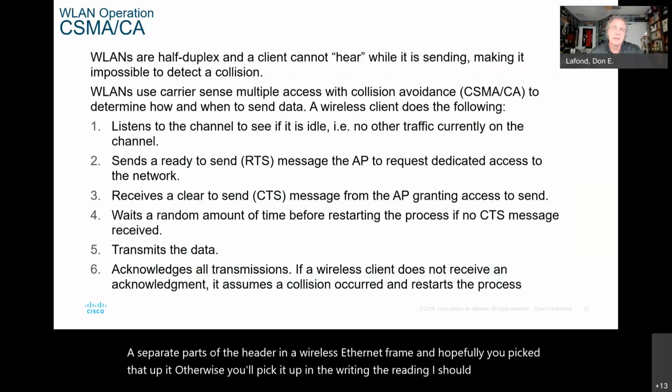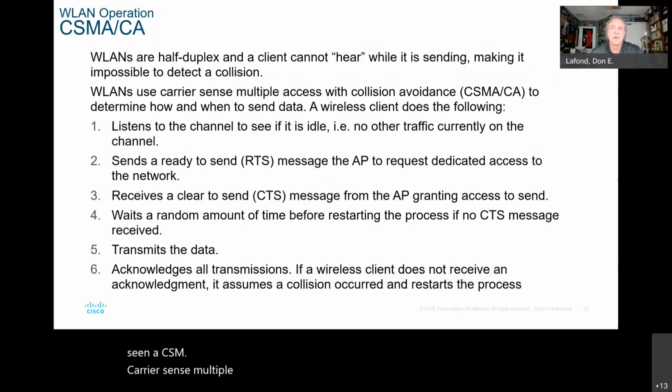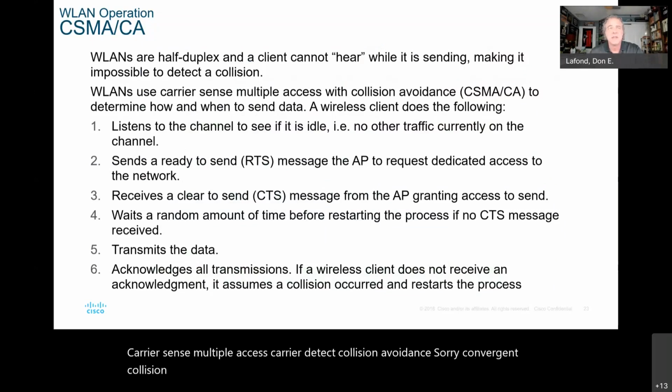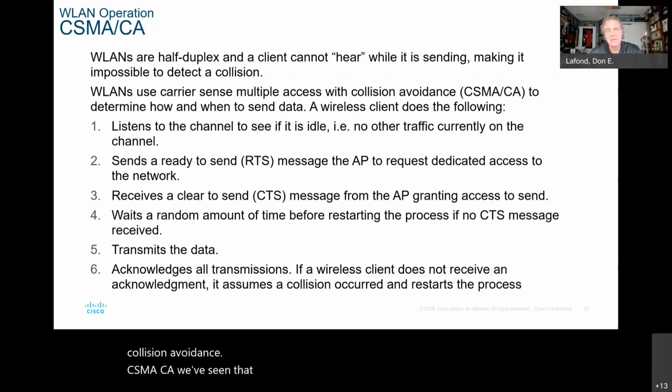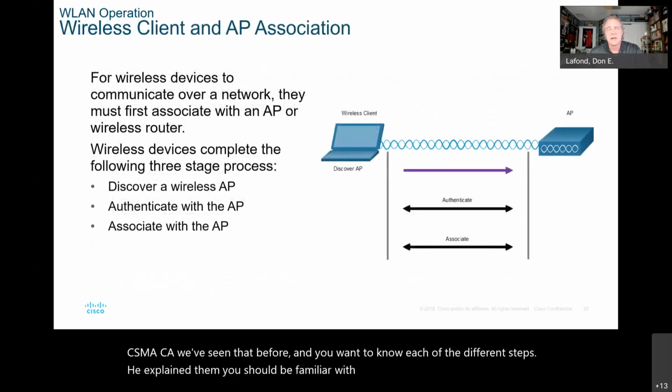And we've seen CSMA, carrier sense multiple access with collision avoidance, CSMA/CA, we've seen that before, and you want to know each of the different steps. He explained them. You should be familiar with it. He covered the difference between